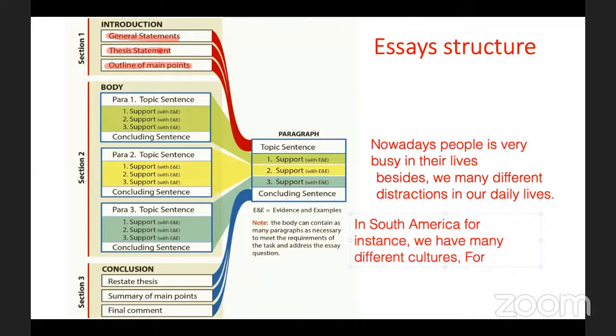For example, now I can continue with the same logic. For example, in Argentina, no, I'm not going to talk about our context yet, because remember, we're a little bit general. In Argentina, and then blah, blah, blah. The topic could be anything right now, because it's very general, it's not specific at all. Now, the logic is that I have one statement and then I'm using some linking words